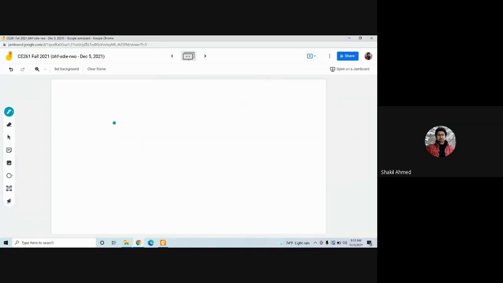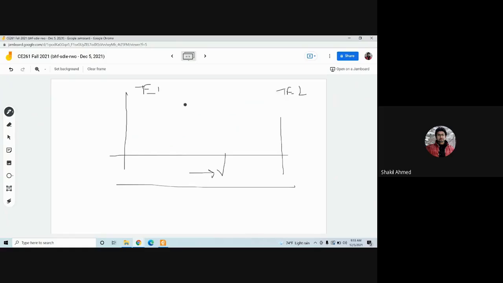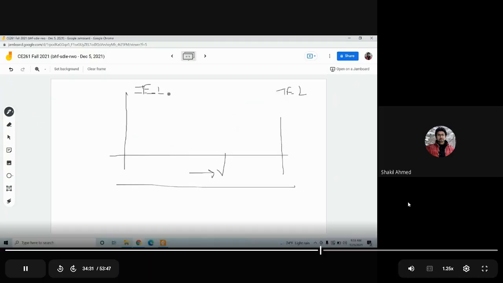Let's draw this. This is the pipe. Let's say this is the flow direction. This is total energy 1, total energy 2. So the elevation difference here,